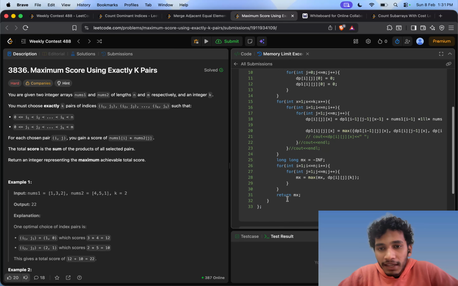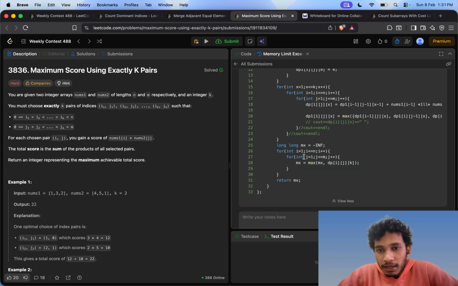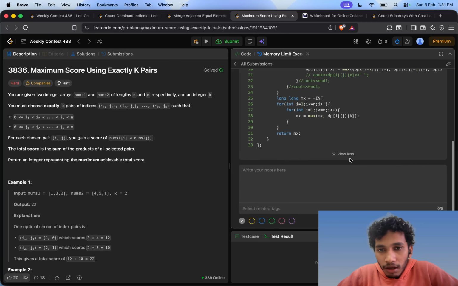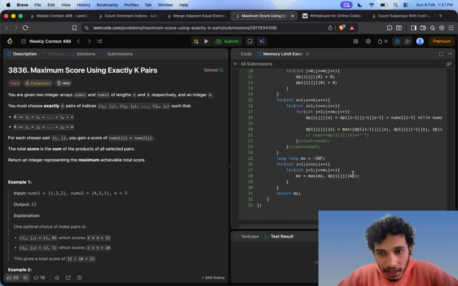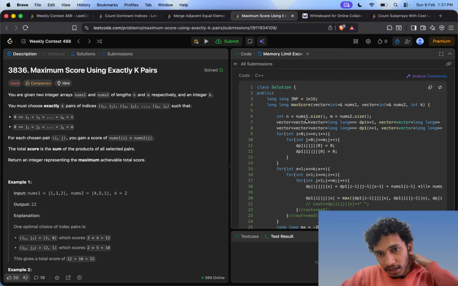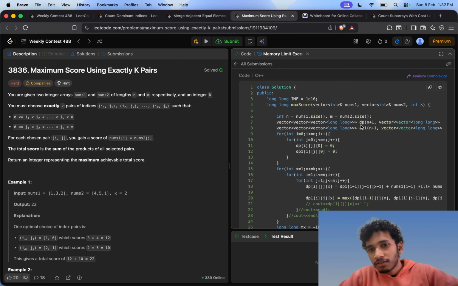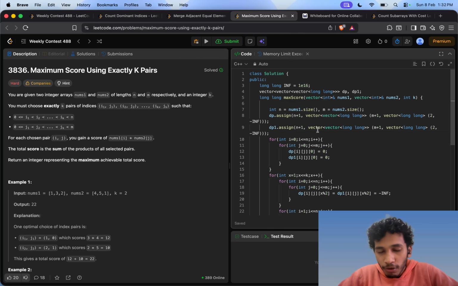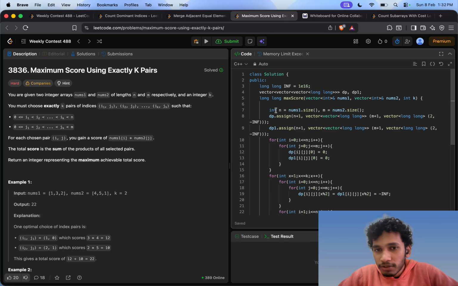All right. Now at the end, the end choice can be any possible pair of indices I and j. So for that sake, iterate over the whole DP table and find the maximum value present in that DP table such that k pairs are chosen at the end, and that particular choice will be returned as our answer. This gave memory limit exceeded just because I was creating a vector of 1e6 which is not allowed locally. Instead, I thought of reducing the space complexity by creating a two-sized